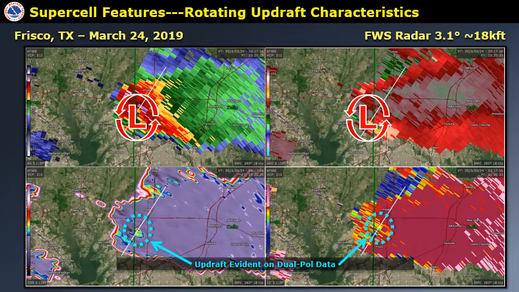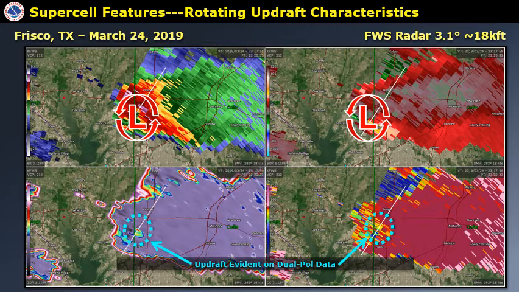This is also what we call a ZDR column, where we have liquid water being forced upward above the level of 32 degrees, so typically above this level it's colder. And when we have the updraft with an ability to generate supercooled water drops, this implies some vigor or strength